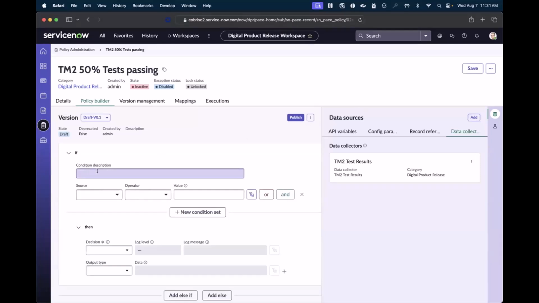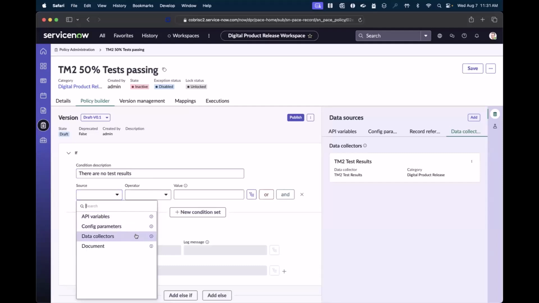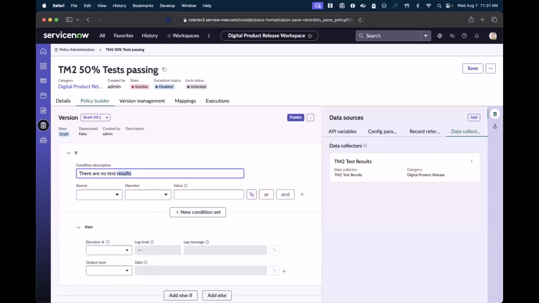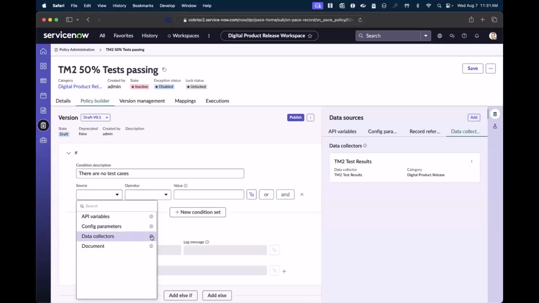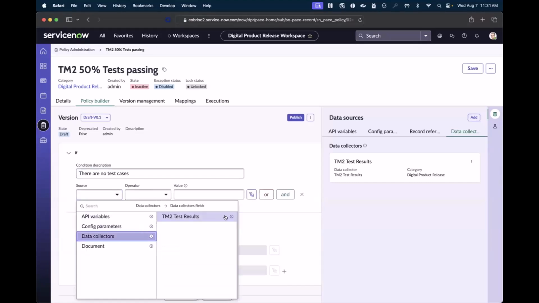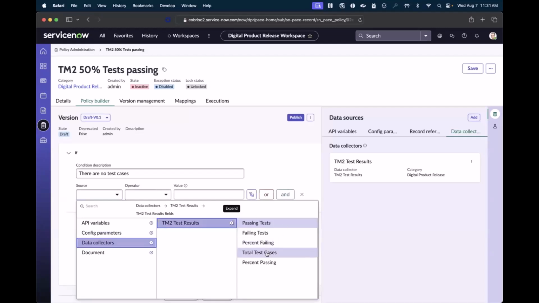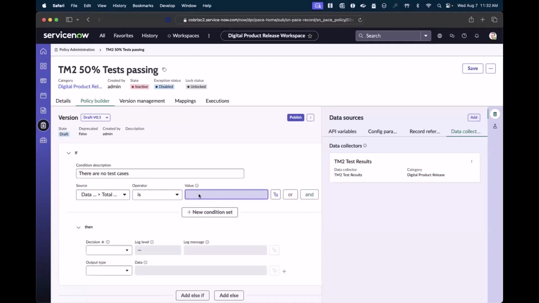At this point, we set our conditions. So for instance, I could have a condition that says if there are no test results, then we're going to fail things. So for here, or let's say no test cases. So technically, if there are no test cases, I might have 100% of them passing. But if there are no test cases, I'm going to look at the data collectors. I'm going to look at the test management test results. And I'm going to look at the total test cases. And if it is 0,